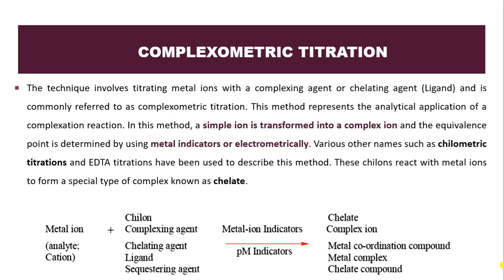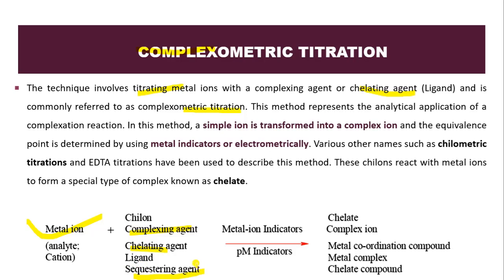So what is complexometric titration? Here, complex means the endpoint will be a complex with color. In this technique, we are titrating the metal ions with complexing agents, or we can say chelating agent or ligand, and it is commonly referred to as complexometric titration. Here the metal ion reacts with the complexing agent, or chelating agent, or ligand, or